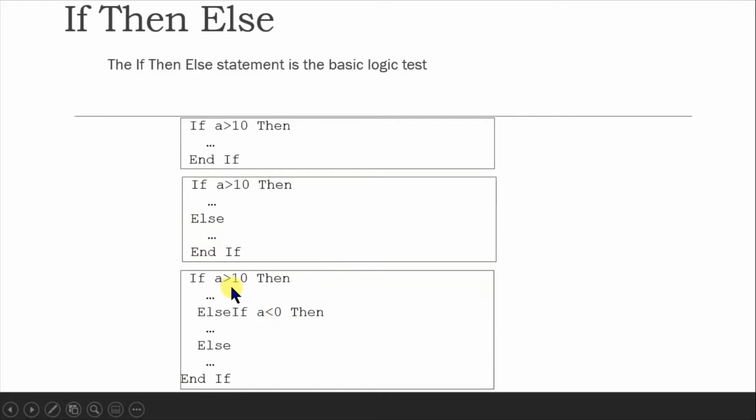And third is if A is greater than 10, do this, else again check for another condition. These are the three things we'll look at one by one in the programming.